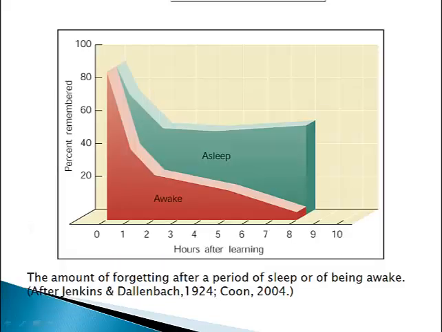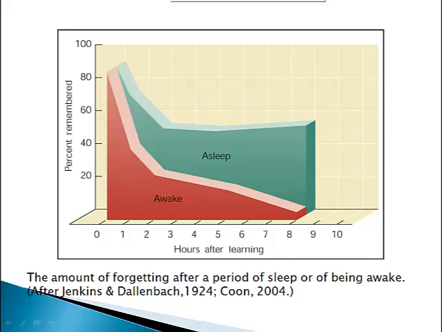This is what they found. Both groups, after they were asked the list of words, basically remembered 85% of them or so. They were at almost exactly the same level. But then the people who were asked to be awake after learning the words crashed and burned. By the end of 8 hours, they were down to maybe 5% of the words that they could remember. On the other hand, the group that was asked to go to sleep declined, but declined much more gradually. And they actually leveled off at about 50–55% of the words and stayed there. So it doesn't look like decay necessarily is what's going on.